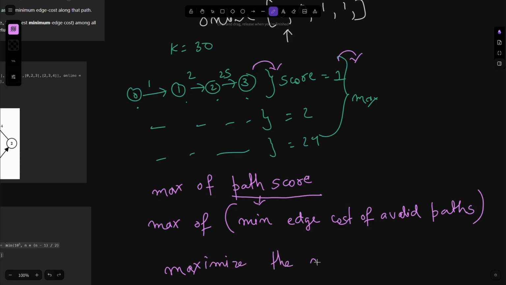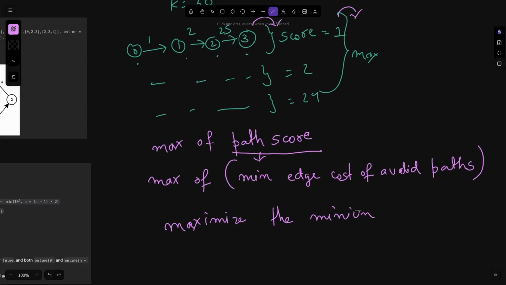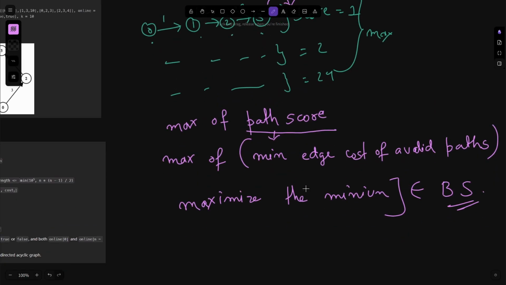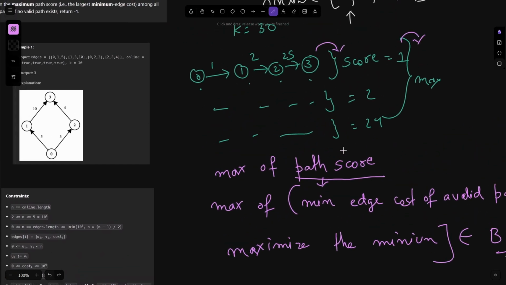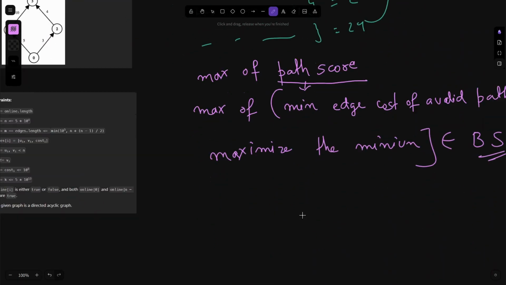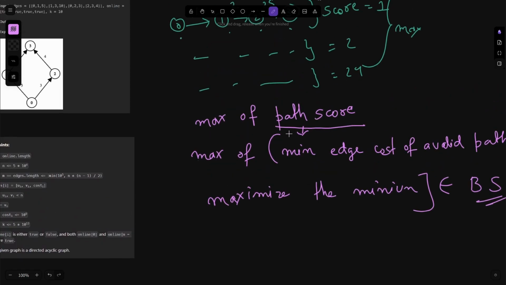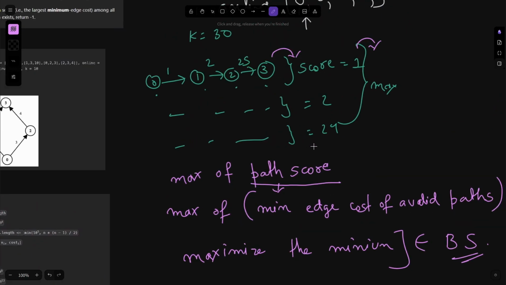Whenever you see this, maximize the minimum, the first approach that comes to mind is binary search. So how are we going to do this? First we know that we are going to use binary search here. From low to high we have to check if that exists or not. So what we are going to do is